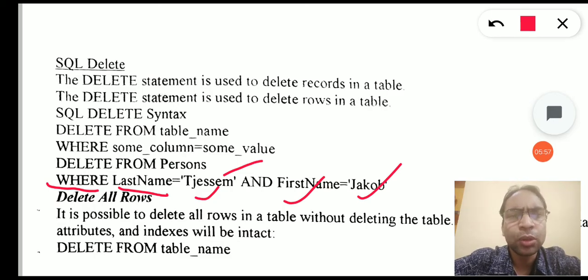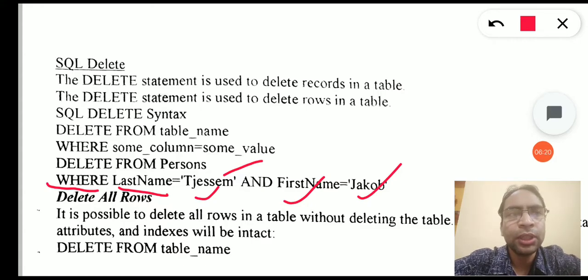We can also delete multiple records based on the condition. If the condition matches more than one record in the table, then all those records will be deleted. Let's see how we can delete all rows from a table. If we want to empty the table, leaving the structure of the table and no records, we can perform deletion of all rows.